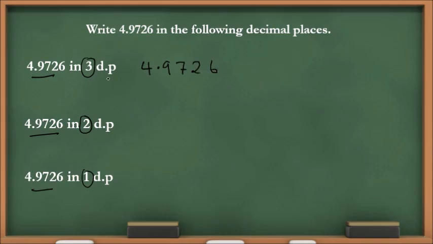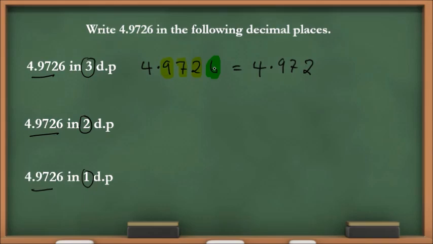We have 4.9726. We're told to write this in 3 decimal places. We will be considering 1, 2, and 3. Now, it's saying nothing about the 4th because it didn't say 4 decimal places. So therefore, this one will not be written, but it's going to be considered. Now, our answer, we will have